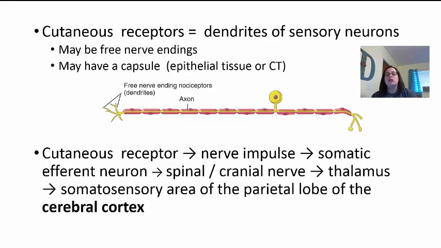And then, because these are sensations from your skin, it's going to go to the somatosensory area of the parietal lobes. So remember, the parietal lobes are here, the somatosensory area is here. That's part of your cerebral cortex. This is where it's going to say, hey, I was touched on my shoulder, or I feel that there is pressure on my right foot. That's where this goes, and it's going to then interpret the data or information that came in from that receptor.